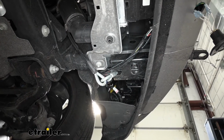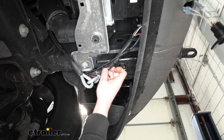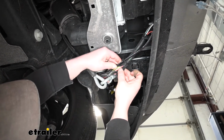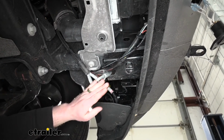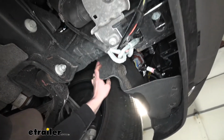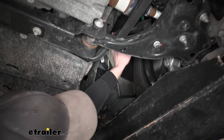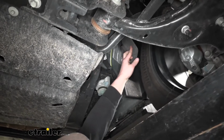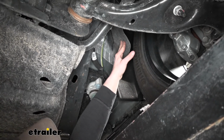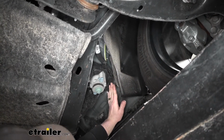So now what we can do is start to route our wiring from our plug to the back of our vehicle. So it's actually in this wire loom here. You can see the green, yellow, white, and brown. But all it does is it just runs up through here. And then if you kind of just peel your wheel well liner back, follow that kind of up and along. So imagine it running through here. And if I peel that back, you can see where that wiring runs down. You want to zip tie it along the way to keep it secure and avoid any hot or moving parts when you're doing this. That wire just runs along through here